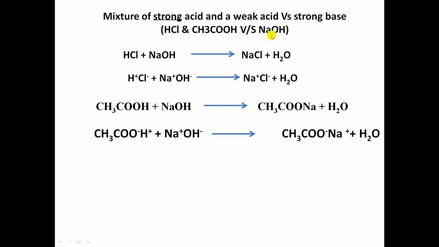When we add NaOH into the solution containing the HCl and acetic acid mixture, the NaOH first reacts with HCl, which is the strong acid, and gives rise to NaCl and water. At that point, conductivity starts decreasing. This is because HCl contains H+ and Cl- ions, and NaOH contains Na+ and OH- ions. In that, the H+ ion is replaced by the Na+ ion.